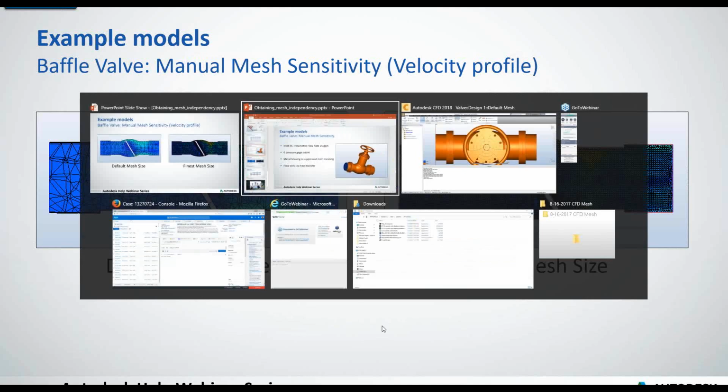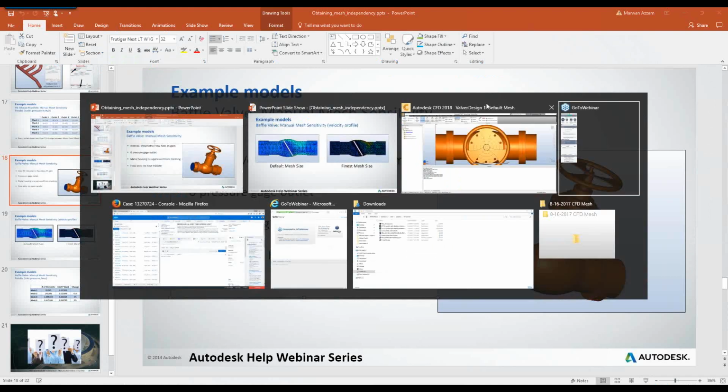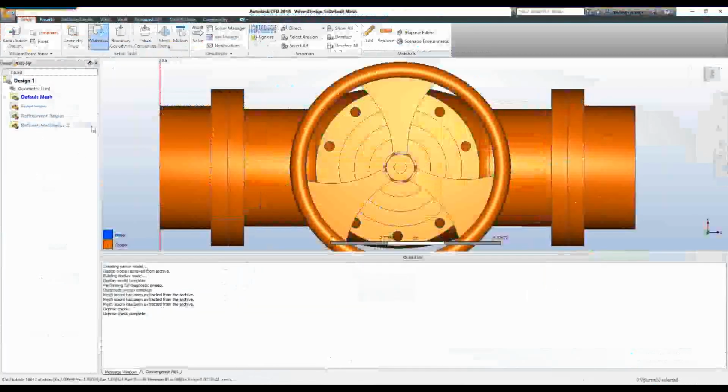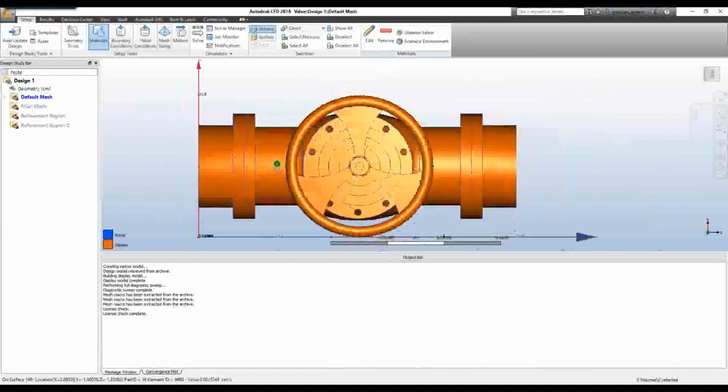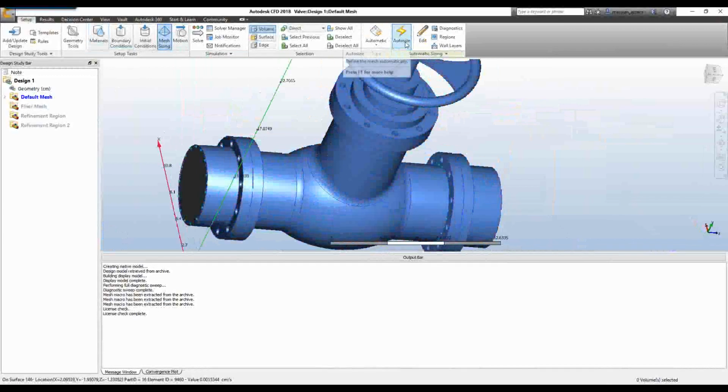So let me go to the model here. Sorry, here's the model. So I have 4 cases. The first one is the default mesh, where I just went to mesh, auto size, and that's it. And I ran the model. Now, if you look